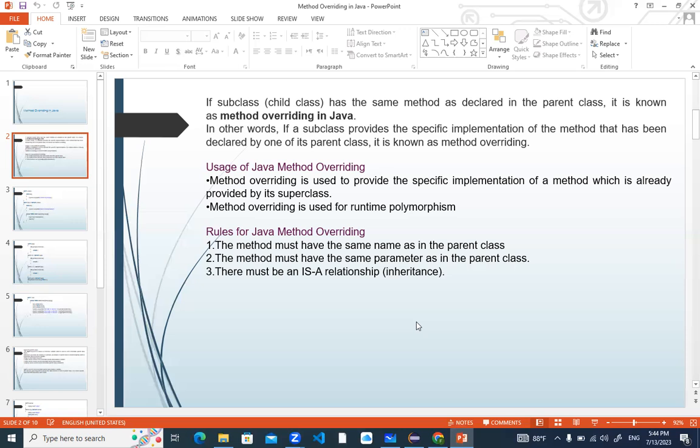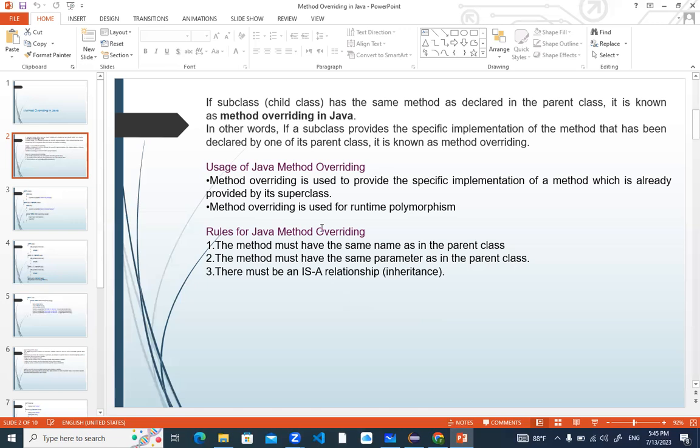The third condition: there must be an is-a relationship like inheritance. Once you hear about an is-a relationship, it means we are talking about inheritance. So these are the rules by which we can implement the method overriding concept in OOPS. So before